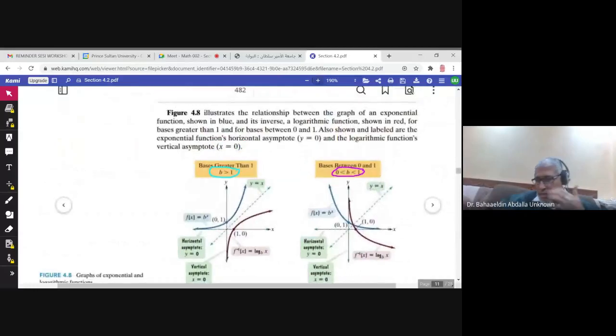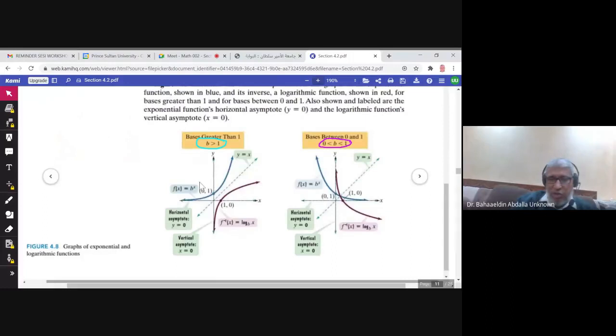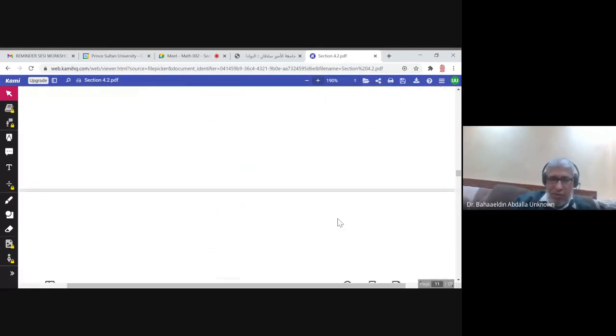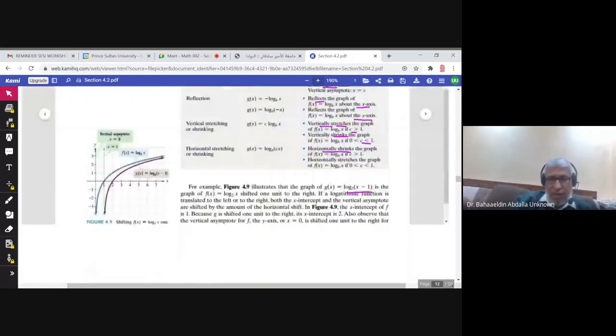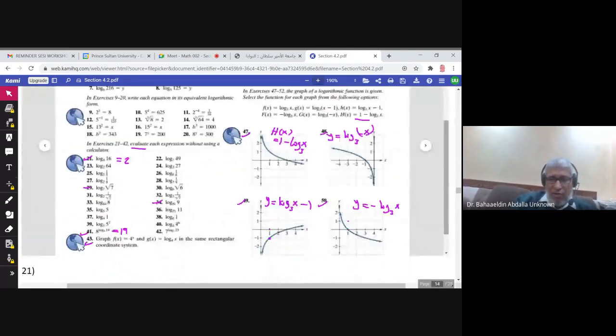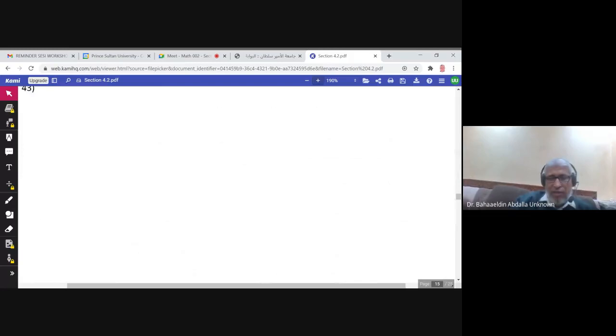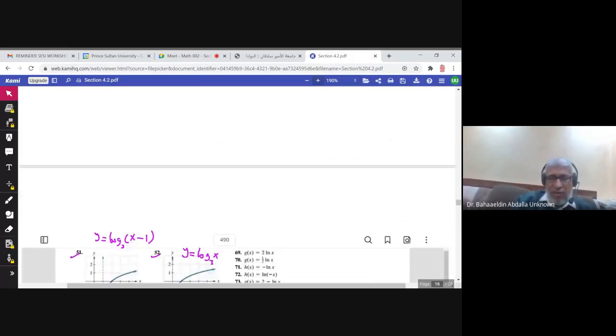We said that this is a very important picture here, in which you see the graph of the exponential function and the graph of the logarithmic function, which is the inverse function. Here, if b is greater than 1, and here, if b is between 0 and 1. We studied the transformations of the logarithmic function, okay? And today, we will talk about